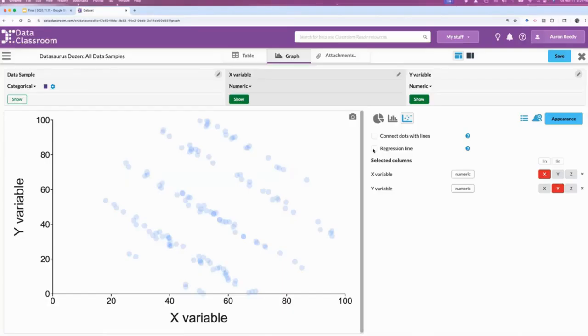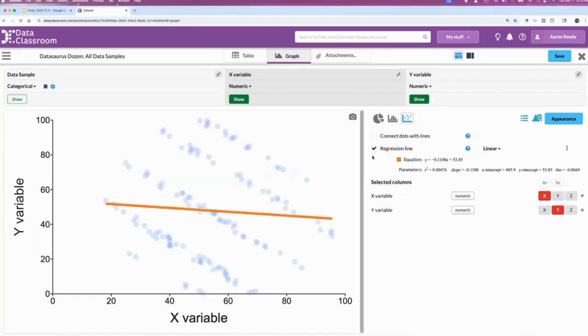I'm going to add a regression line, using the box off to the right of the graph. So I added a line of best fit, and we can see the equation for that line. We can see that the slope is a negative 0.11, and the R squared is